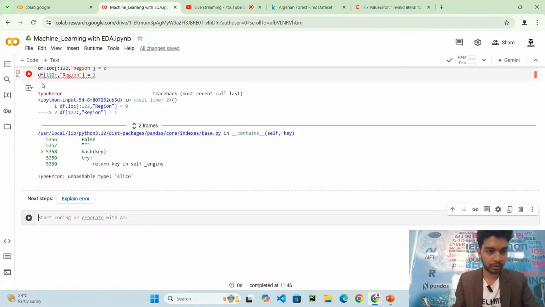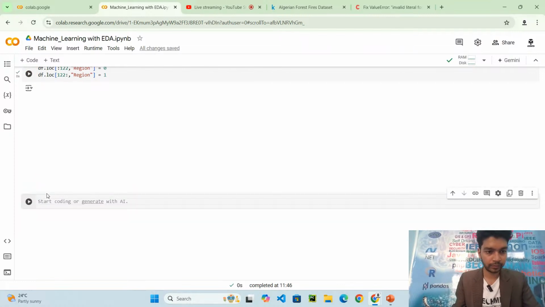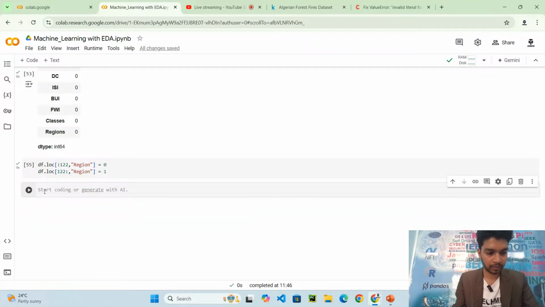Oh sorry, it should be df.loc. Okay, so let me convert it to integer. df Region equal to df Region.astype int.